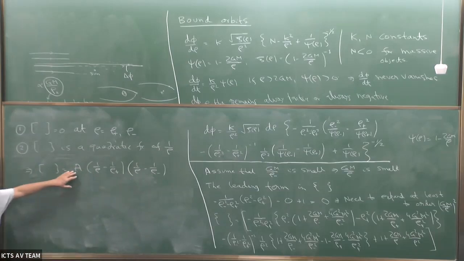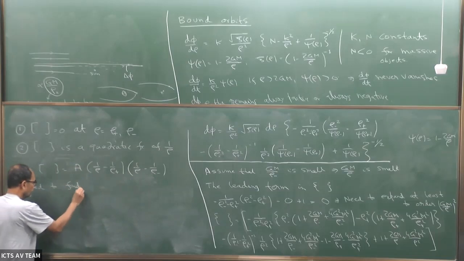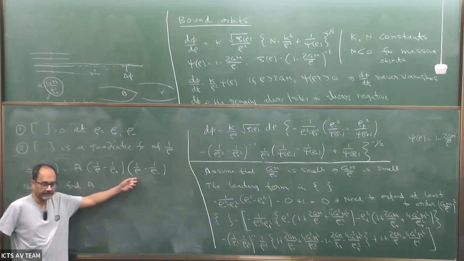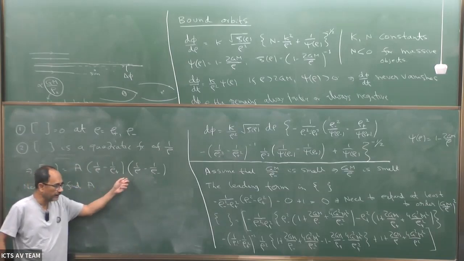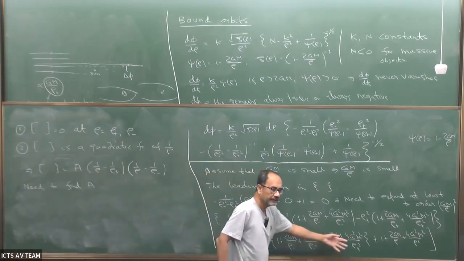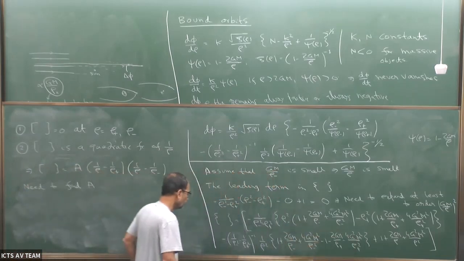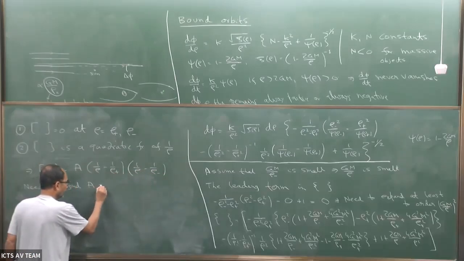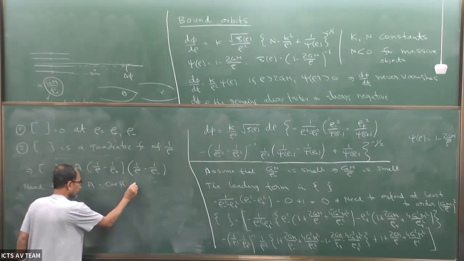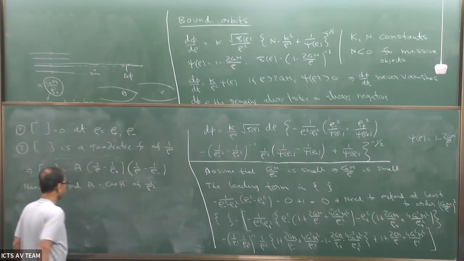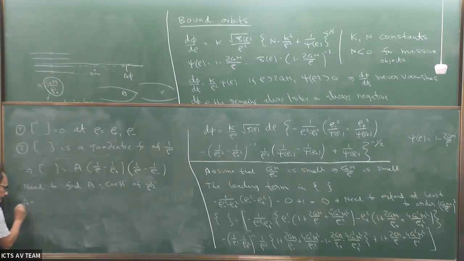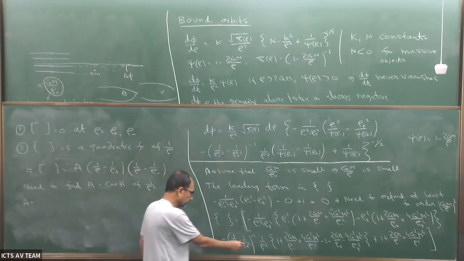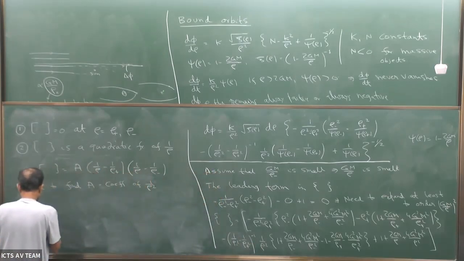So you have to only find a. And that is easy because you just have to identify the 1 over rho square coefficient. So a multiplies 1 over rho square. So you just have to look for the 1 over rho square coefficient from here. This should be equal to the coefficient of 1 over rho square. So that gives you a as, first there is a 1 over rho square here, so minus